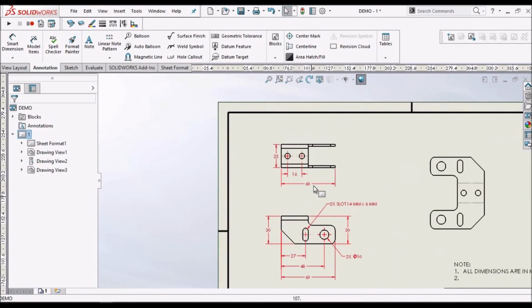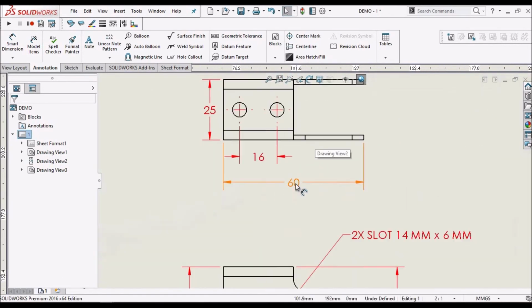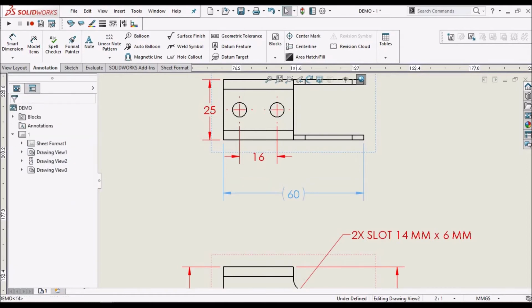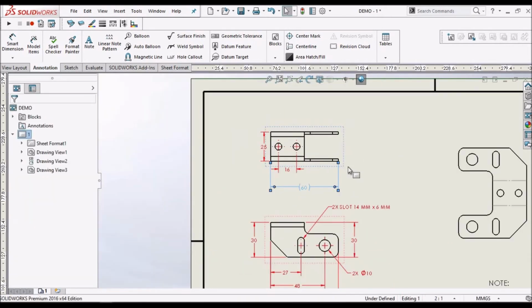See this 60 mm, either we can show here or we can show in front view. We can keep this for reference. So reference is shown in brackets. So you can show like this, so that we can understand the length and depth of the component.